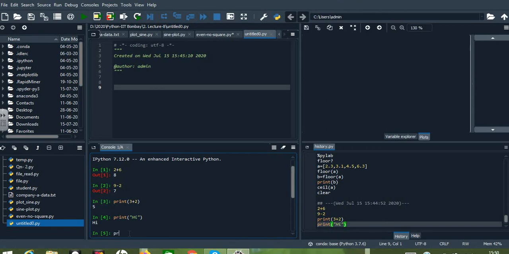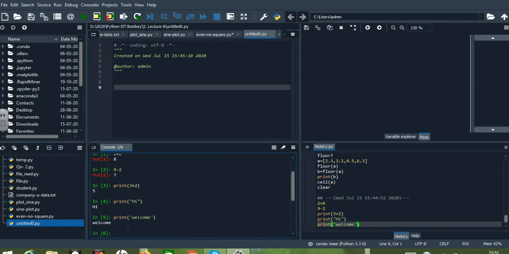For example if I type pr and press tab, I can see the things which start with pr. So I need print, I can go for that. Then within single quotes let me give a welcome message. So we can see the message is printed on our output screen.